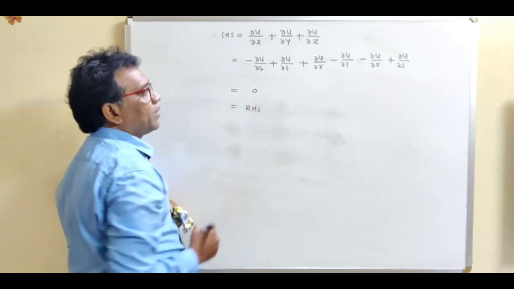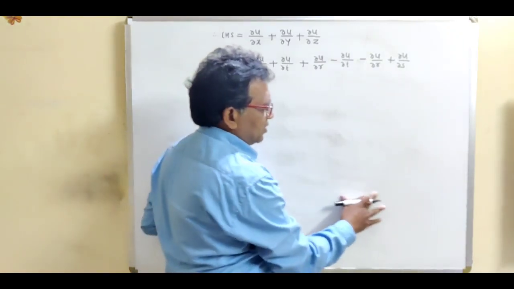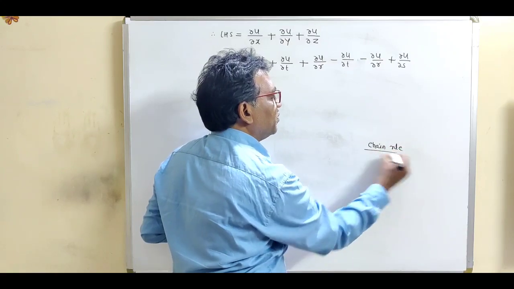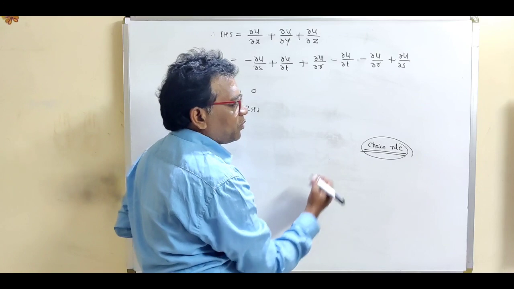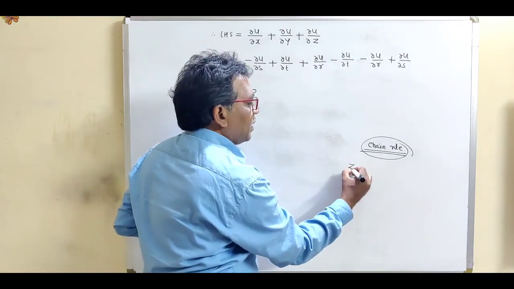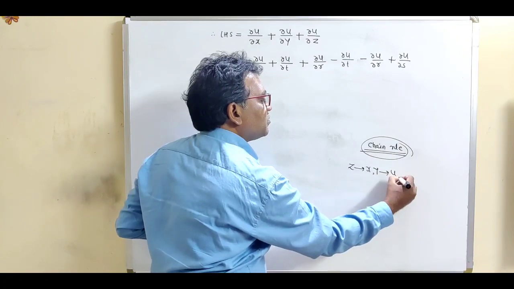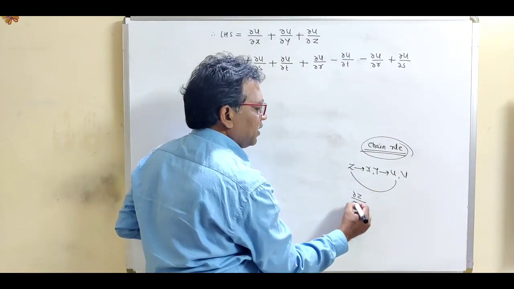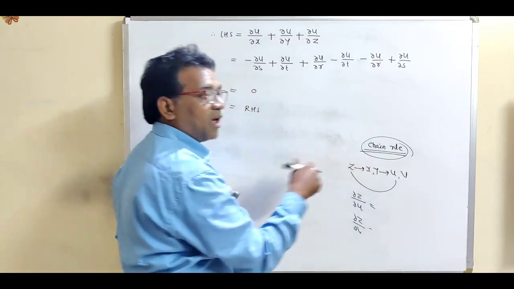So see, remember this standard form of chain rule. What is the statement of chain rule? Just remember the statement of chain rule. If z is a function of x, y and x and y are functions of u and v, then we can define these two partial derivatives ∂z/∂u and ∂z/∂v, first to last variable.